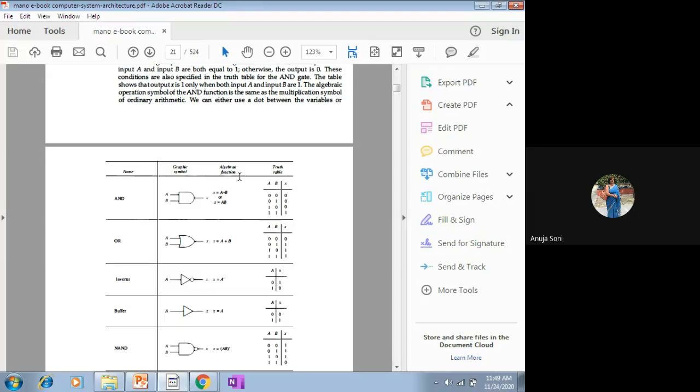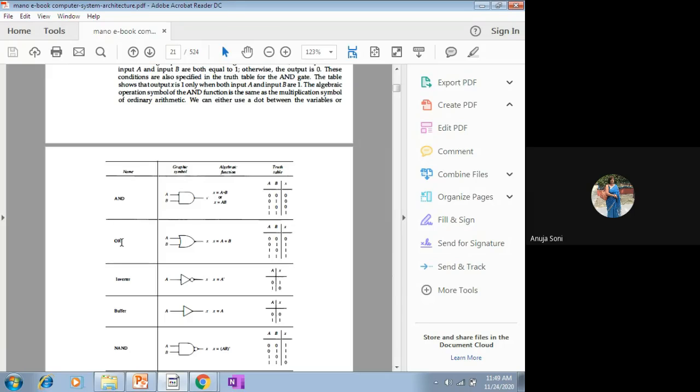So at present, we have only 2 variables. So there are only 4 min terms, and this is the truth table. Again, I am repeating, whenever we talk about logic gates or any other integrated circuit, we talk about it in terms of its logic diagram. This is called a logic diagram, this is called a Boolean expression, and this is called a truth table. All these three go hand in hand whenever we talk about integrated circuits or logic gates.